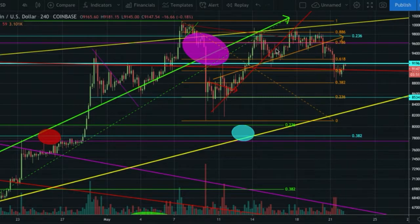And when we came back up, we made our way all the way back to the 886 from the top here at 10.2 down to the sell-off down here at 8.2. So basically that was like a $2,000 sell-off. We came all the way back up to the 886 and then sold off again, came back down and found support on some of our key support/resistance levels, moved back up once again,